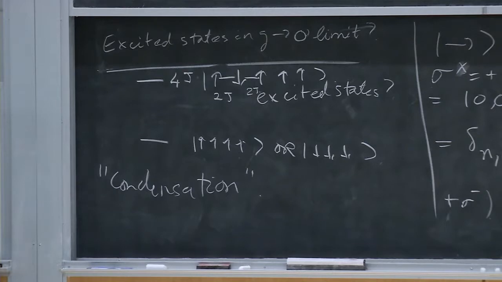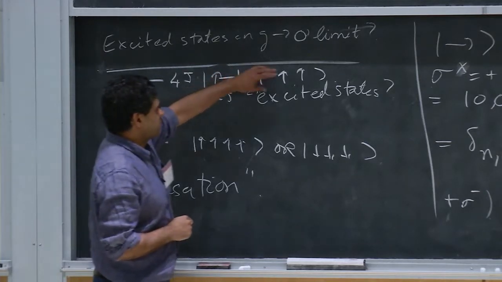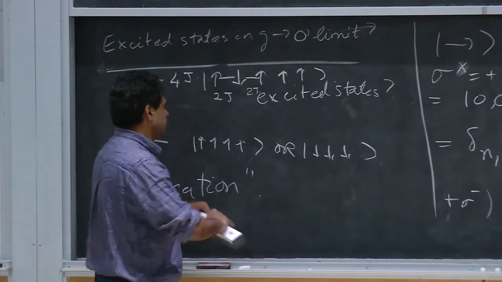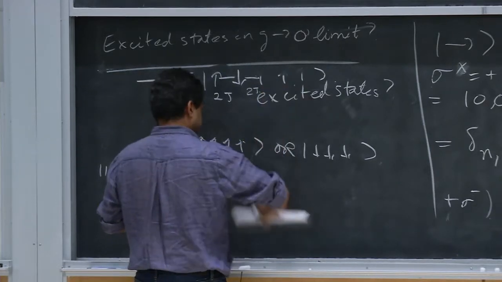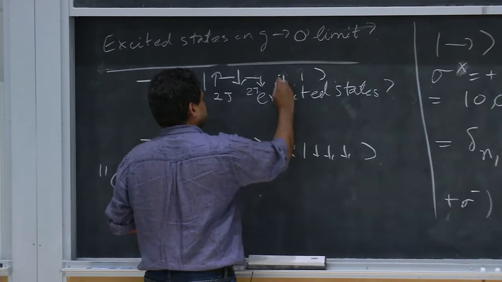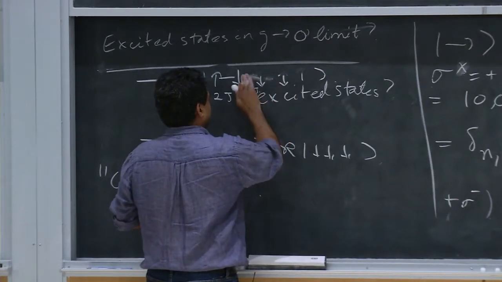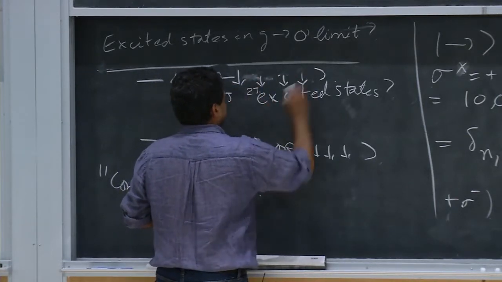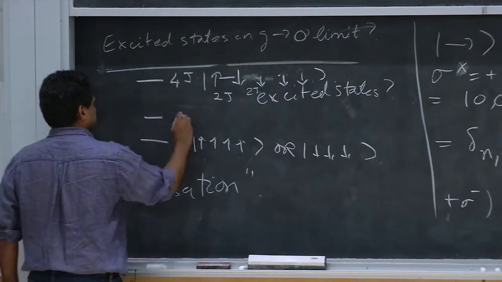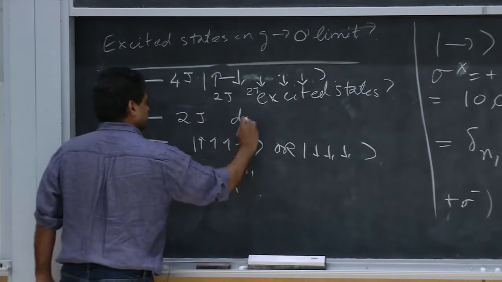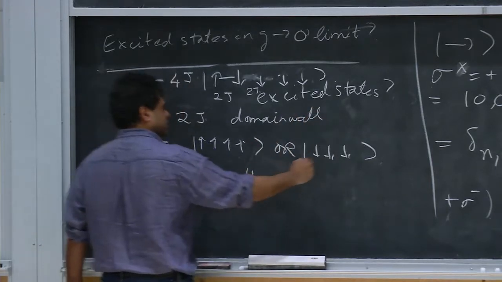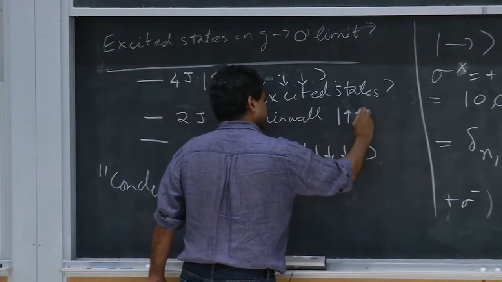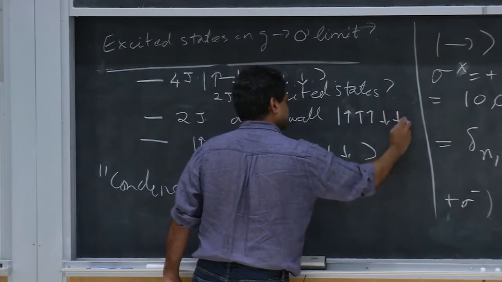Okay, but you can do better than this. You flip the spin over, but keep flipping these spins over. Let's say I have open boundary conditions, and you can do better than this 4 times J. You can have no bad bond now except this one over here. And so there's an excitation at 2 times J, which is the domain wall, where basically you go from one ground state to the other. Okay, so that's very typical of a topological defect.